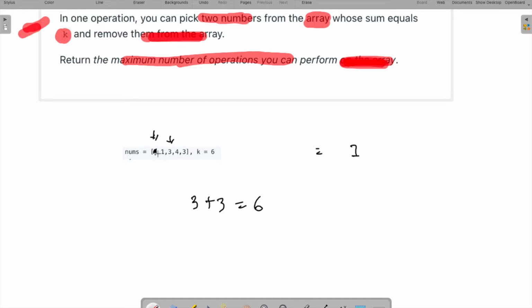After using it, I have to remove them. Now if I take this 1 and this 4, it is 5, which is not equal to 6. If I take this 1 and this 3, 1 plus 3 is 4, which is also not equal to 6, so we will not take this either. Now if we take 4 and add 3, it is equal to 7, which is not equal to 6. And if we take 3, there are no other elements to create a pair with,